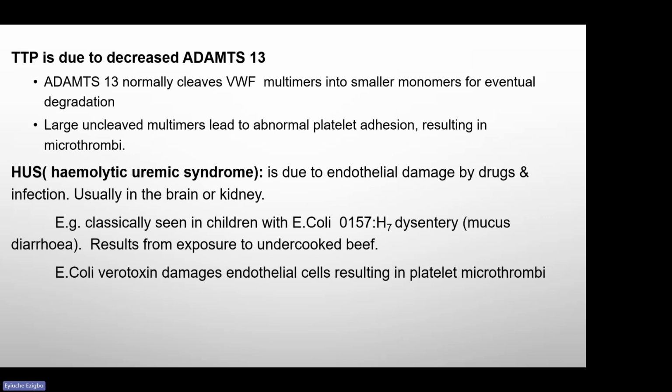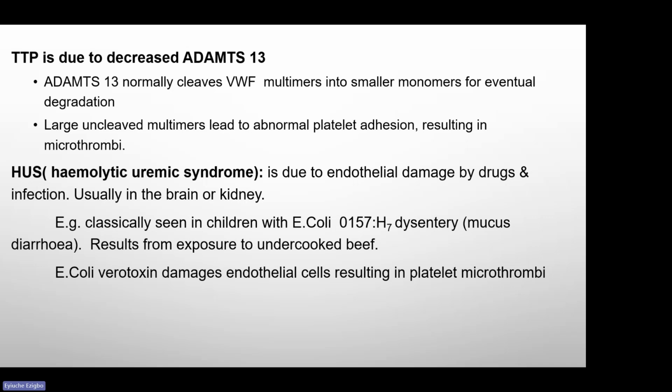TTP is due to decreased ADAMTS13. Okay, ADAMTS13 normally cleaves von Willebrand factor multimers into smaller monomers for eventual degradation. Large uncleaved multimers lead to abnormal platelet adhesion, resulting in microthrombi. So von Willebrand factor, we say they are multimeric glycoproteins. Okay, but before they are released into the circulation, there is an enzyme we call ADAMTS13. It will cut it into